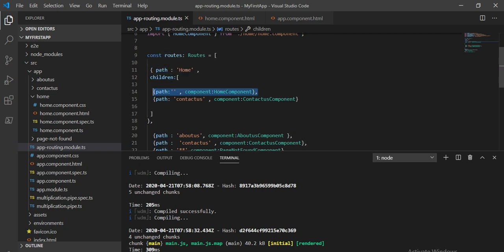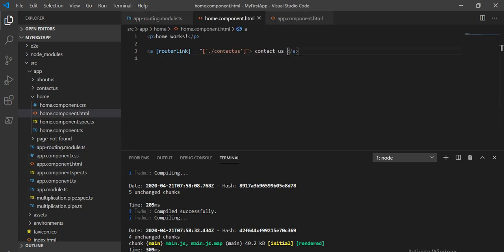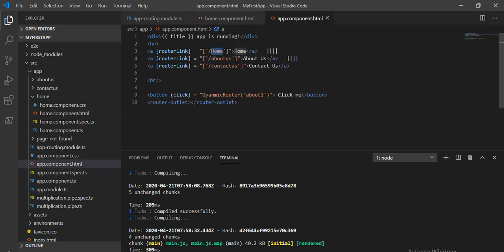We give the respective page first, then whichever component we want. After this we created a link in the app.component.html, and then in the respective home page we added the link, and this link will come under home, that's why we added this dot here. So basically that is all about this child route.